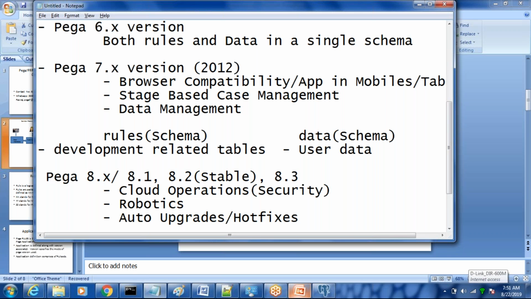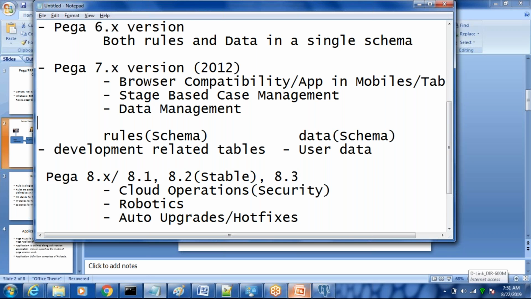Later, when we moved to 7.x version, two different schemas were introduced, where all the development activity tables are maintained under the rule schema and all the user related data under the data schema. That way it was given.